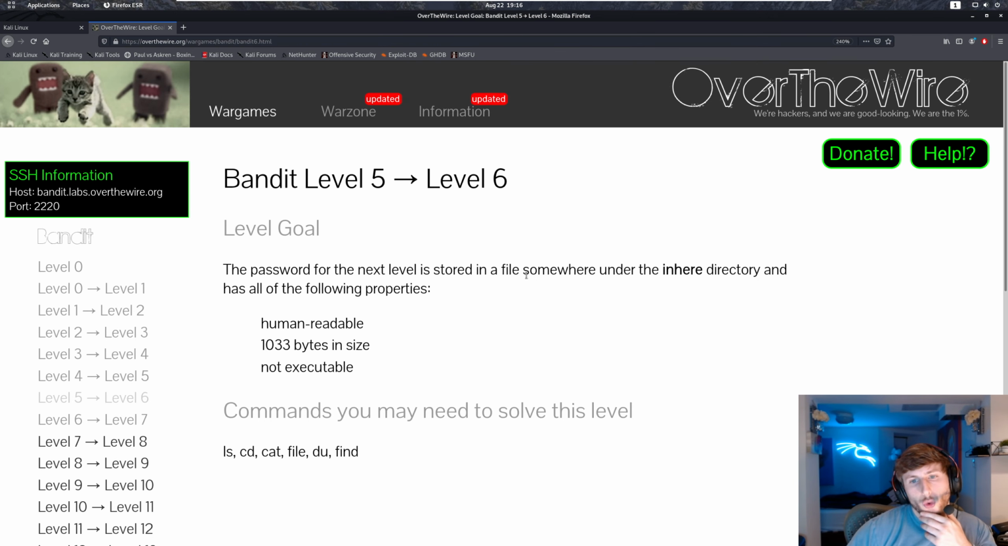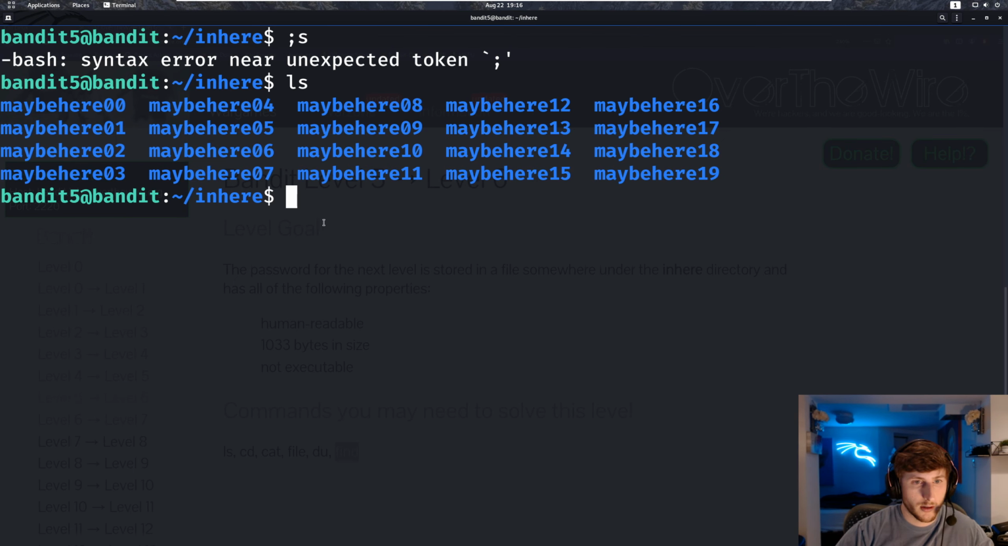Password for the next level is stored in a file somewhere under the inhere directory, and has all of the following properties: human readable, 1033 bytes in size, right? Okay, so what we're going to want to do is use a command called find. This will allow us to find files based off of their name, their file size, their permissions, or even their file type. So what I'm going to do is find period, for this current directory,